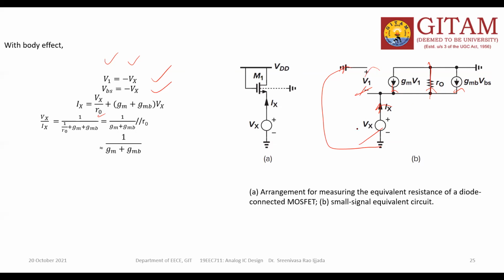Here VBS is Vx and V1 is Vx. So substitute those values, then Vx by Ix is equal to 1 by this one. Otherwise, you can write 1 by R naught in parallel, because all are parallel combination. So 1 by gm...